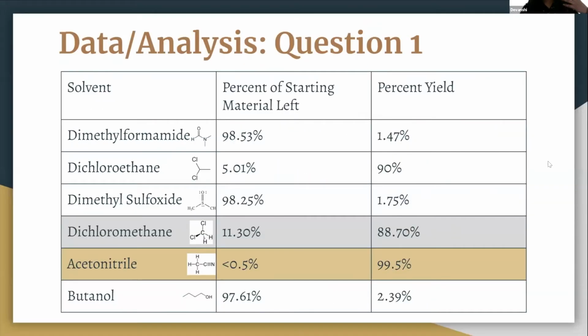So looking at the percent yield data, the one in silver there is dichloromethane, and that, along with the other chlorinated solvent, had about 90% yield, and that is the current standard in the laboratory for these procedures as far as solvents go. But what is really surprising is acetonitrile, which is actually very simple in chemical structure, having almost 100% yield across 3 trials,